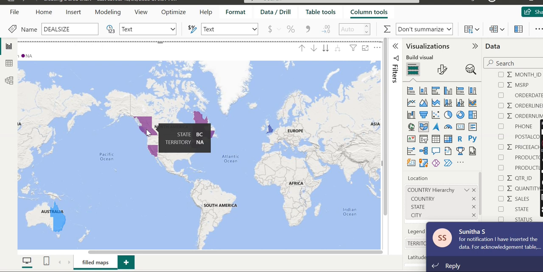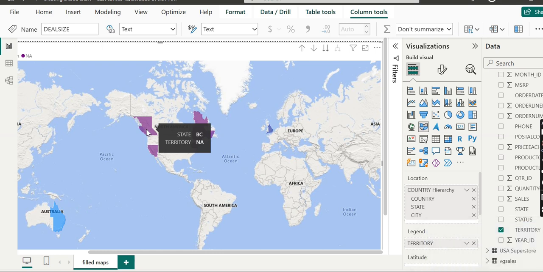If we look closely, we can see some but not all of the states in the US, Canada and Australia are now shaded. This tells us that we are missing state information for several of the states in our data set. Of course, that's perfectly fine. There is nothing to say that we need to have sales in every state of these countries. What happens if we click on the double arrow button again?